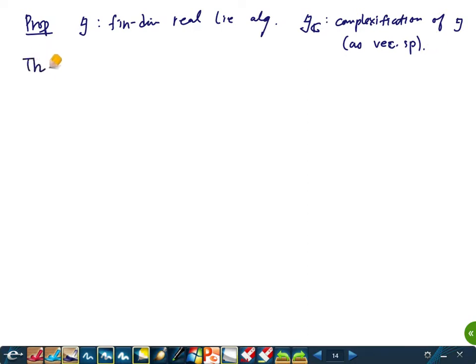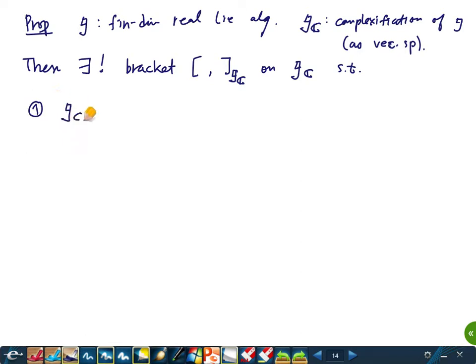Then there exists a unique bracket, just to distinguish this, let me write it with a C, on g_C such that first, g_C with this bracket is a complex Lie algebra,